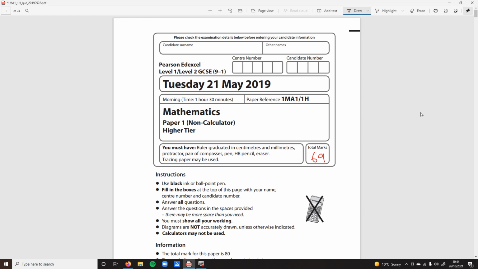Oh, so to get a 9, 1 MA, 1 on each. So it was 198 overall. So 66. 66 out of 80 was a 9. So I did get a 9. Wonderful. Only just though. So maybe when you guys do GCSEs,